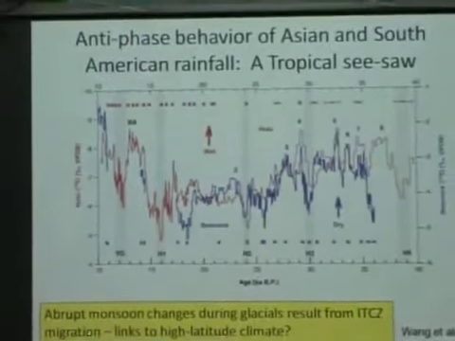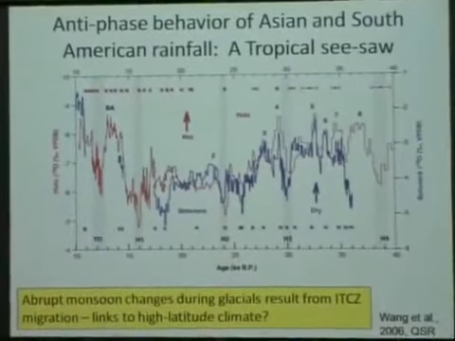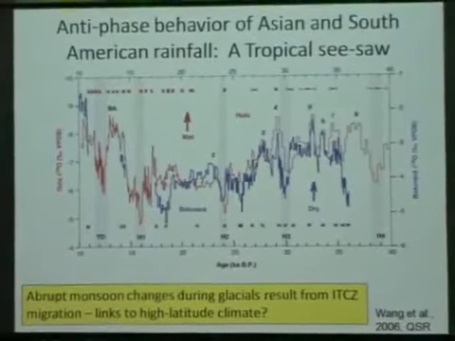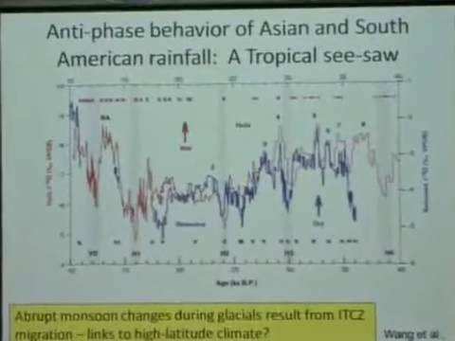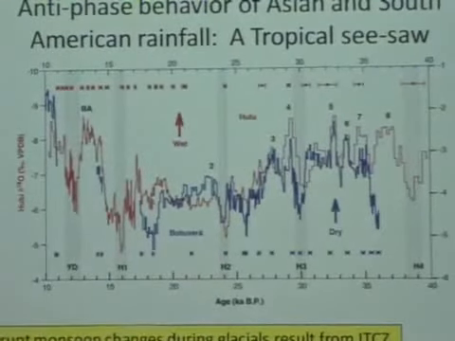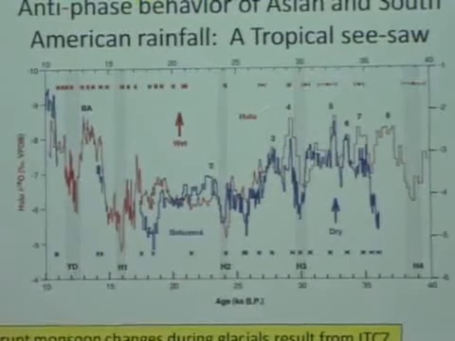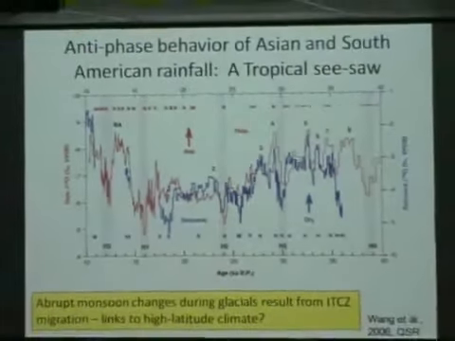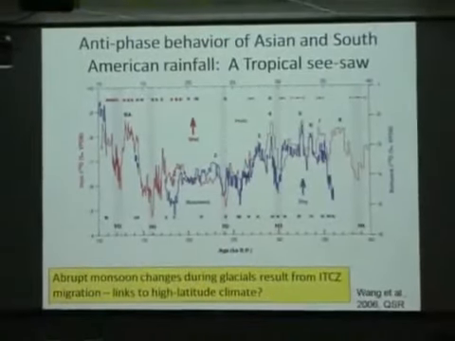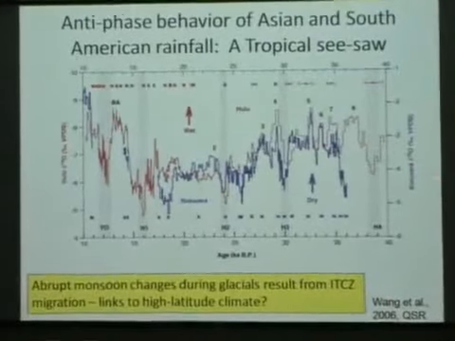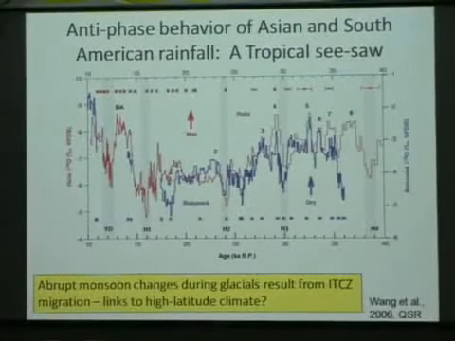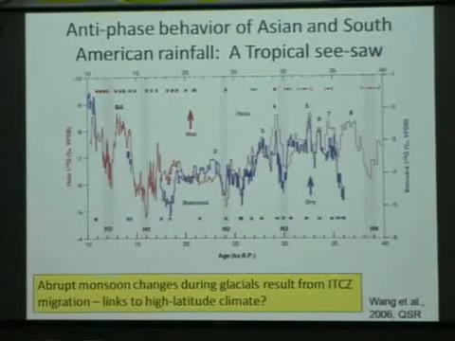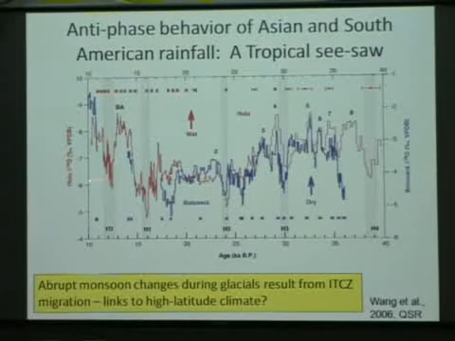Trying to understand the mechanism that links that, it's most likely linked to something like ocean circulation, which affects atmospheric circulation patterns over Europe and Asia. One clue as to what is causing these abrupt changes, or what they're actually reflecting, can be gotten from looking at these two records shown here now. This is a Hulu Cave record. Sorry, I apologize for all the wiggly lines you're about to see. There's more. This is the Hulu Cave record in red now,